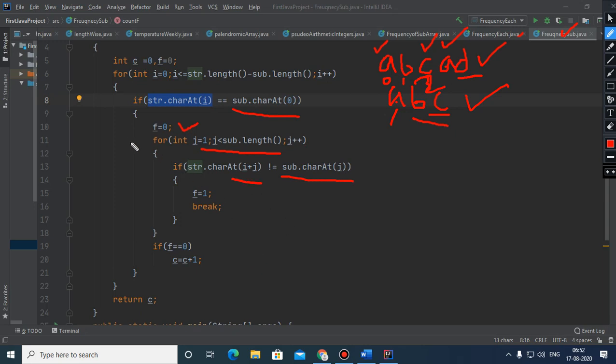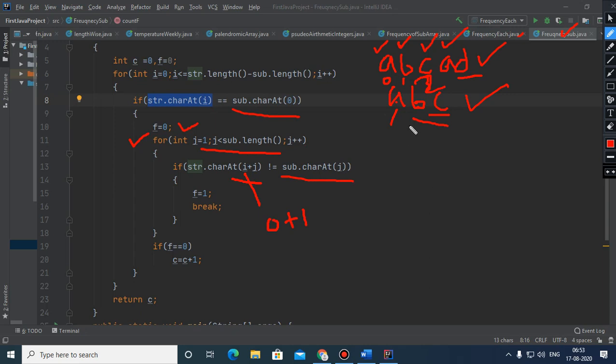So here when this loop is executing, the value of i will be stationary and at this point the value of i is 0. So now when the value of j is 1, it is 0 plus 1, which is 1. So str.charAt(1) means we are getting this b, and at this moment this b will get matched with this b.